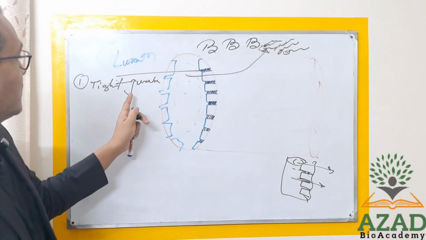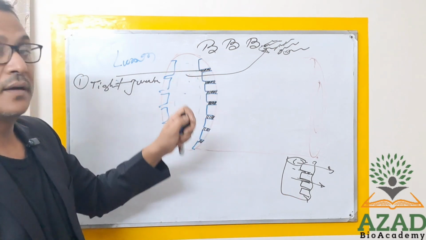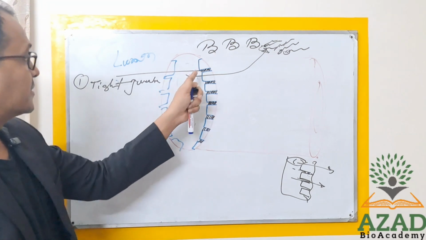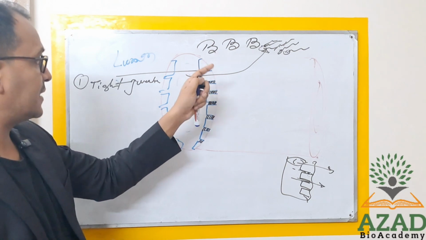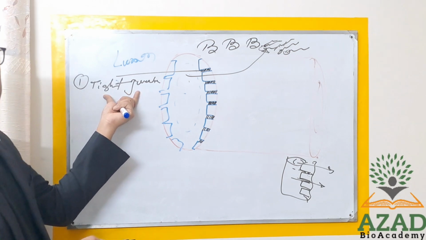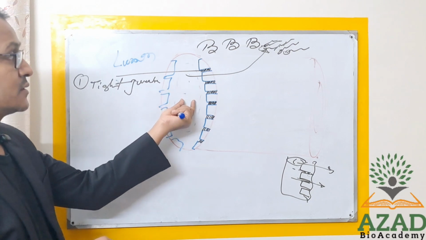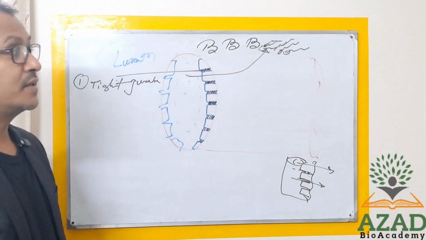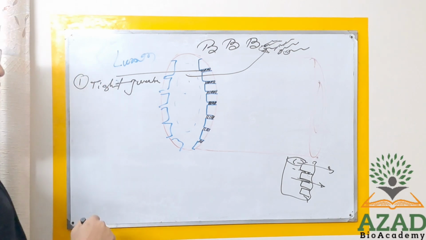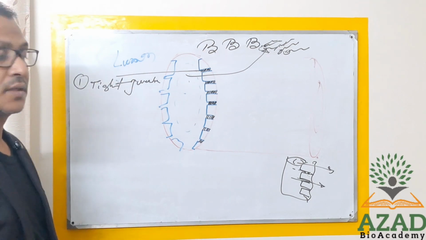But here, no easy chance like other capillaries, because within the endothelial cell, a tight junction is present. So tight junction is just acting as a barrier. So this is a prime barrier to reach blood components from the blood vessel to the brain. And this is one of the major components which is considered as the blood-brain barrier. Okay, so this is one factor. Second one is,